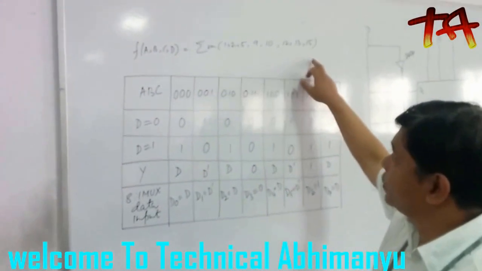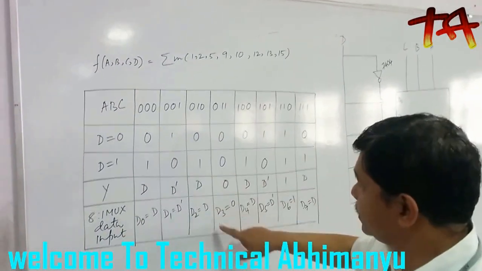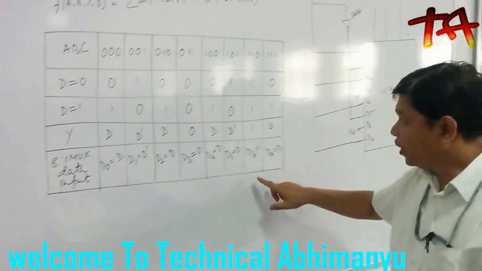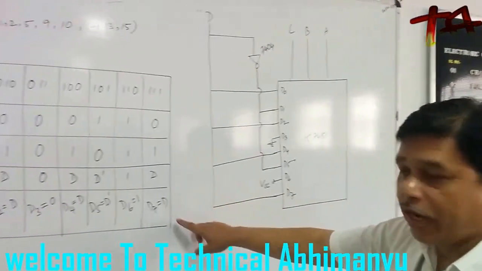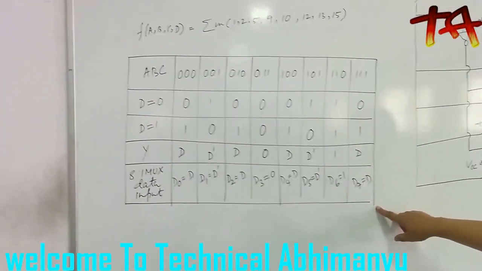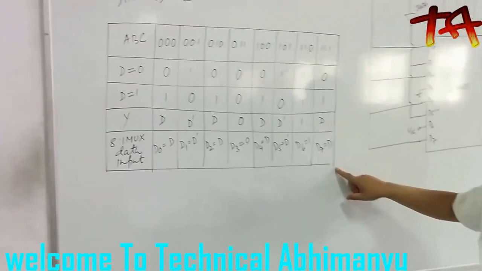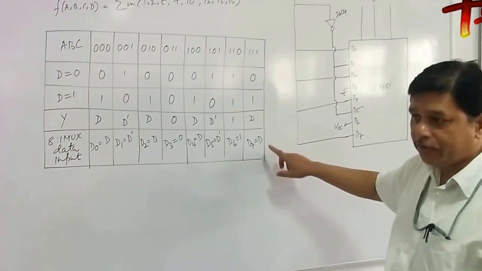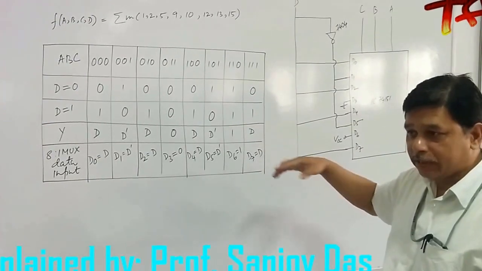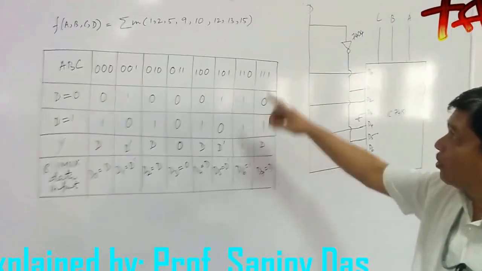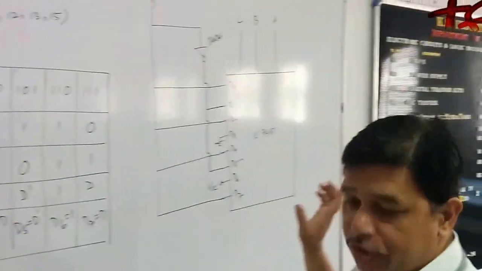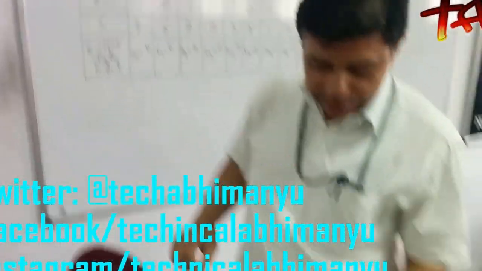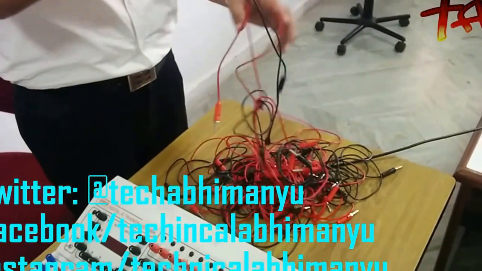According to the expressions, this is the design, and according to the design, this is the circuit diagram. How we design has been explained thoroughly in the classroom. You design according to the expression, and according to the design, the connection should be done. Now I am coming to how to connect it.